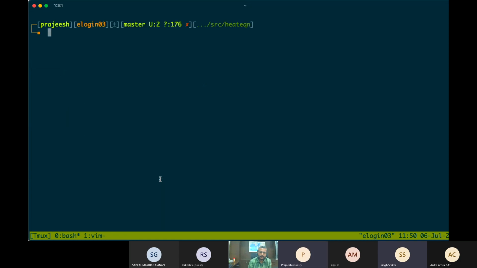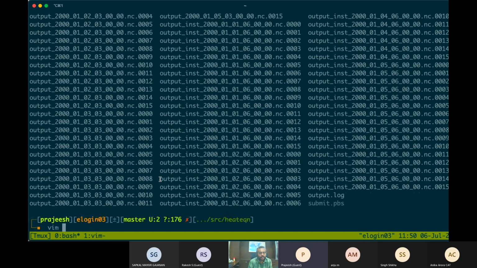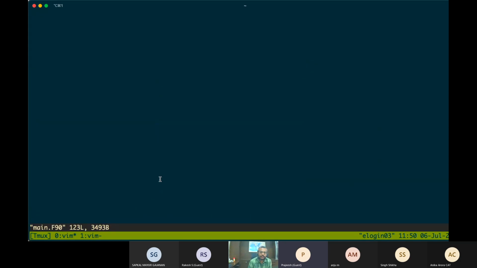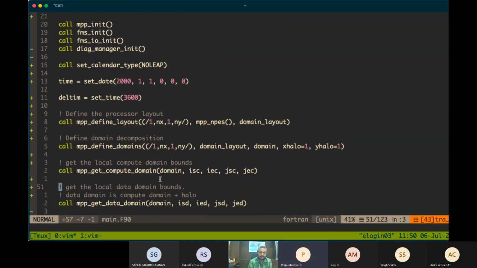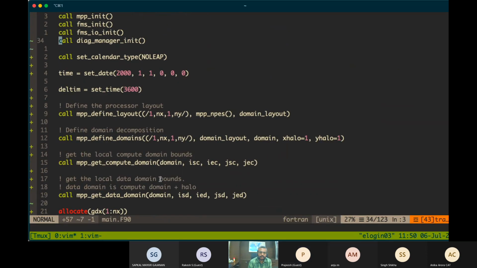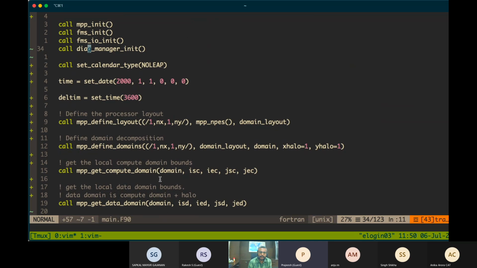So that's for diag manager. Okay, so maybe I can go through what happens in this process. When you call diag manager init, that's the time when it goes and reads the diag table.